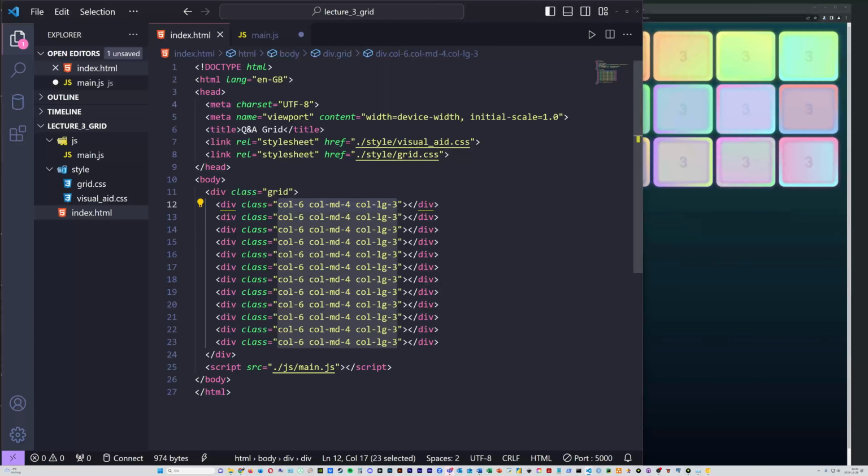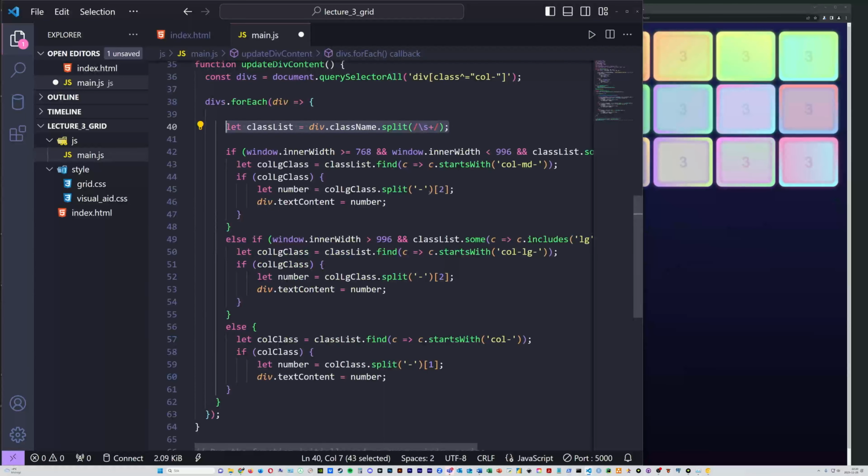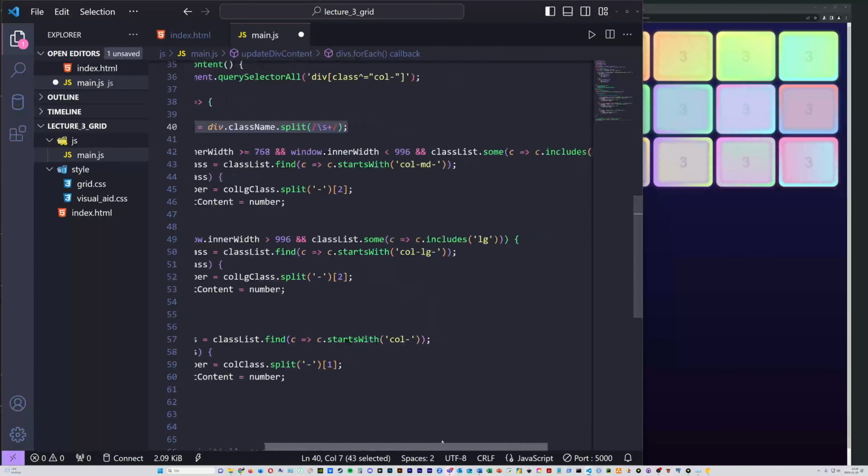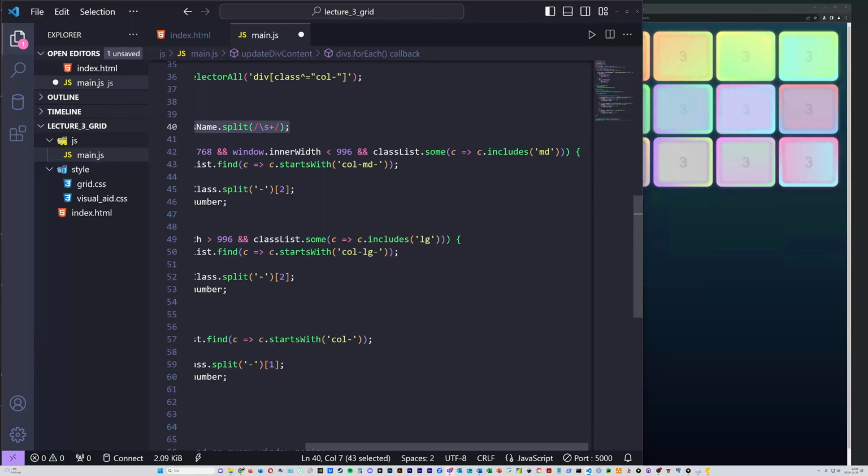We have a list of them, and we look inside it again. If these two previous conditions are true, that we are between 768 and 996, and the class list has this inside of it, well, if there's any item inside that list that has this letter combination,